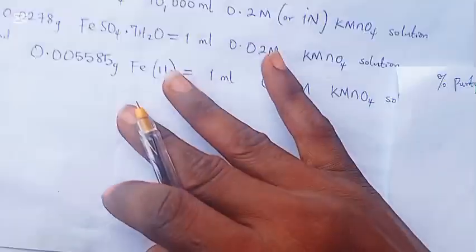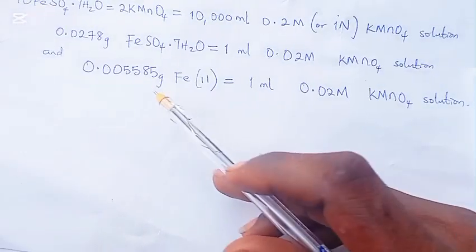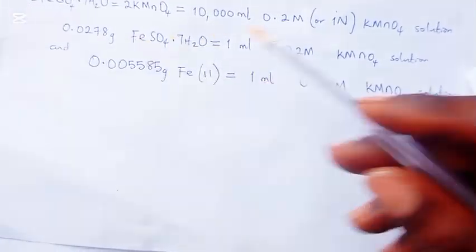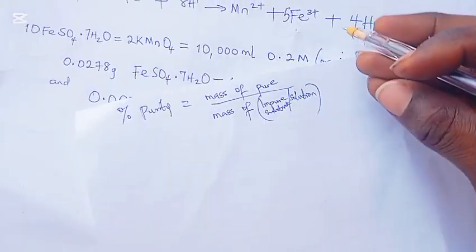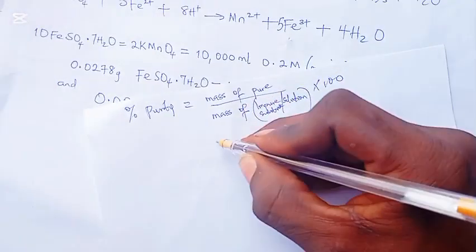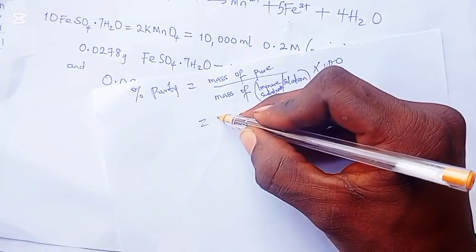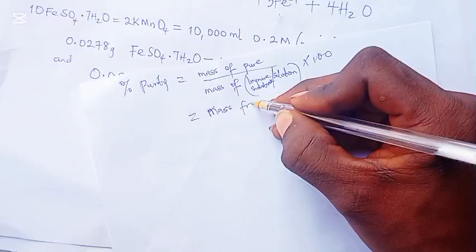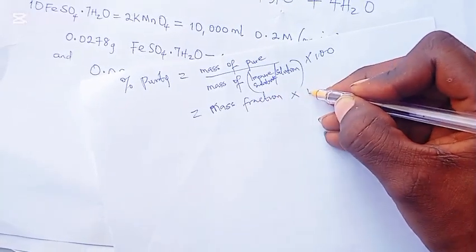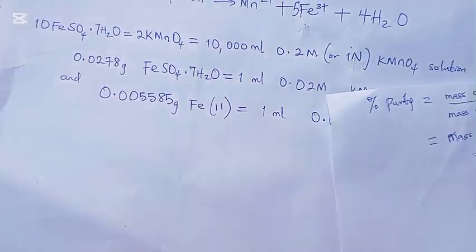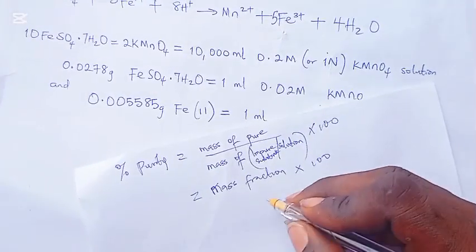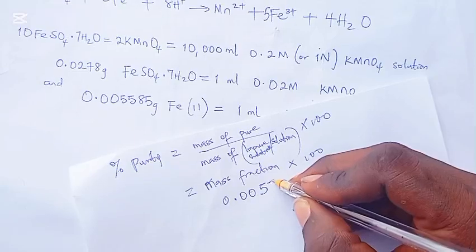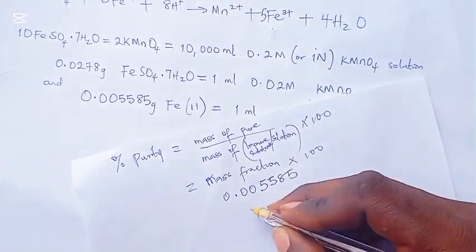So what you're doing here is just simple. What they want you to do is to simply do this particular gram divided by this gram, times 100. Another way to write this is mass percentage purity is equal to mass fraction times 100. So I'll simply do 0.005585 all over